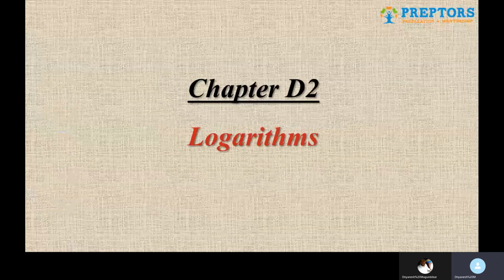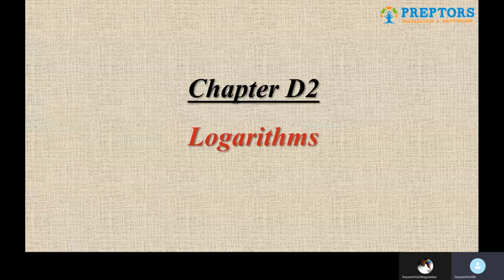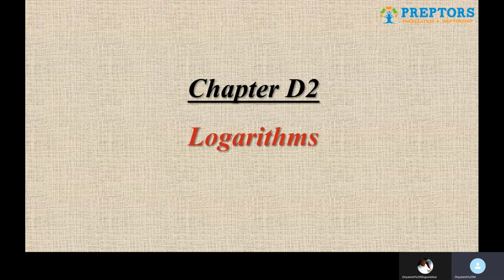Hi guys. So the topic that we are doing today is D2, which is in continuation of D module, and the topic is logarithms. This is again one of those topics which is mostly avoided by the majority of students, and the reason is they feel that it is a little complicated for their understanding. But trust me, surds and indices, logarithms, these are going to be one of those super scoring topics wherein the formulae are the only key parts and some bit of solving practice you require for the simplification purpose.